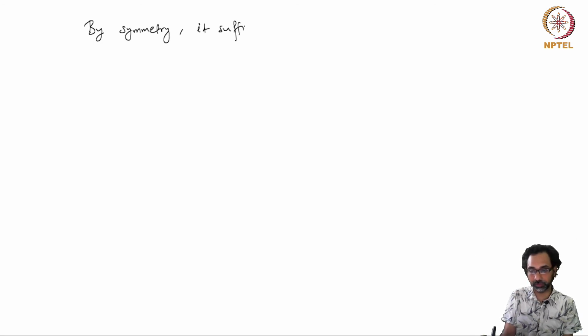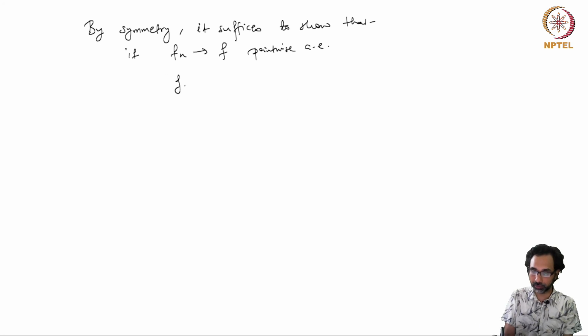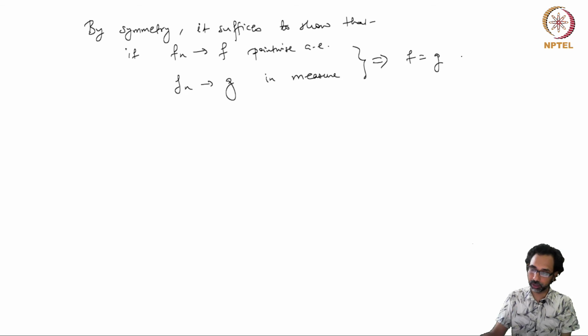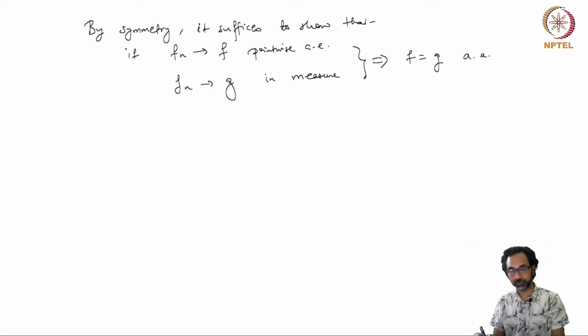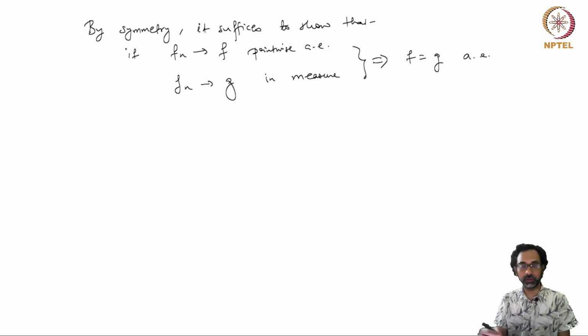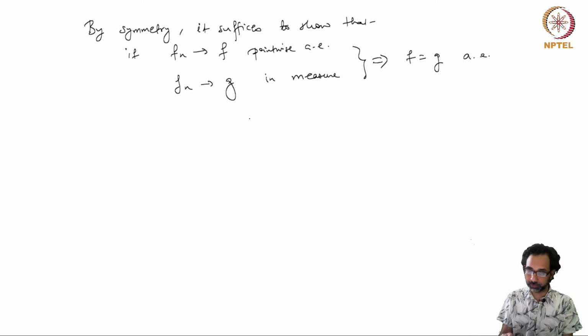it suffices to show that if Fn converges to F pointwise almost everywhere and Fn converges to G in measure, then these two things imply that F equals G almost everywhere. So by reversing the roles of G and F, you can get the reverse case where Fn converges to F in measure and Fn converges to G pointwise. Then also this should hold. So to show this, it further suffices